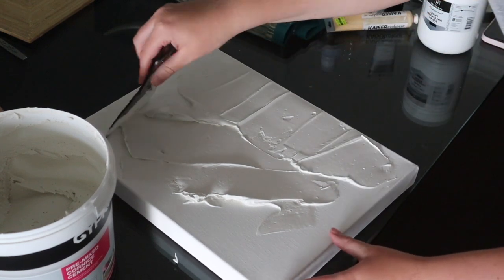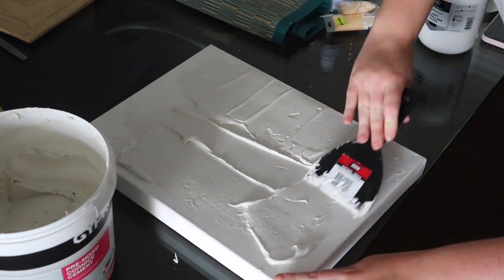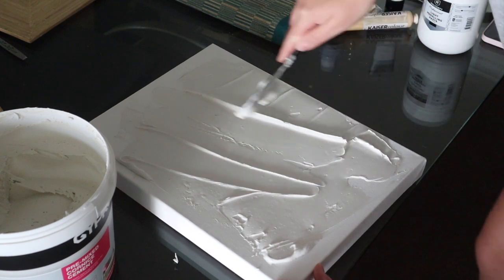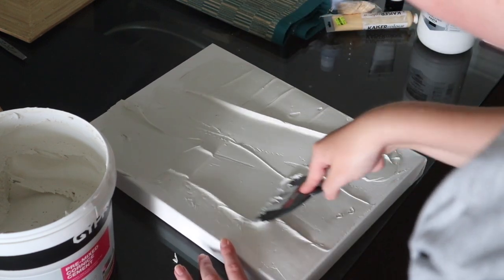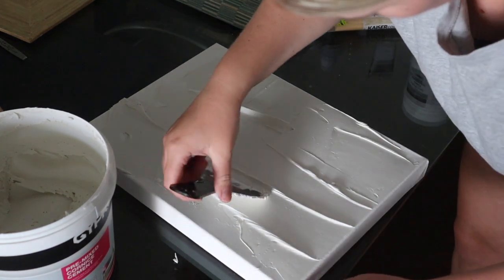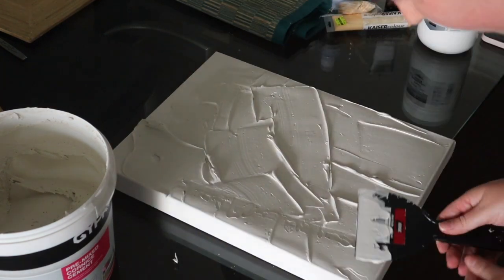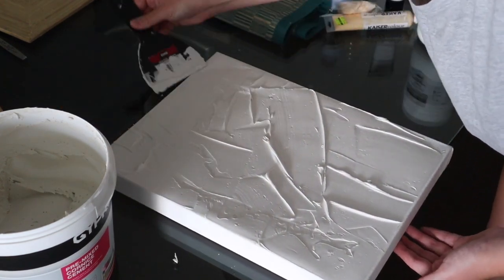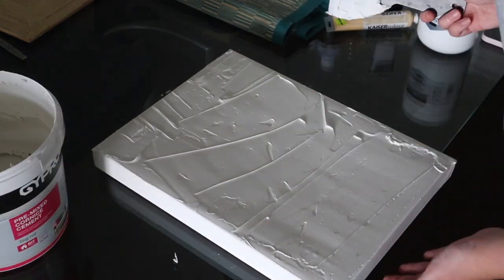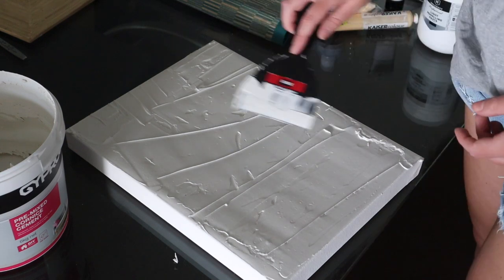And the good thing about this kind of art is if you don't get it right, you can just do it again. You can just smear the pattern and start again, which is very good for me because I very rarely get it right the first go. It takes me a couple of goes to work out what I'm going for. So then you can kind of create whatever texture you like. This obviously looks pretty cool as well,